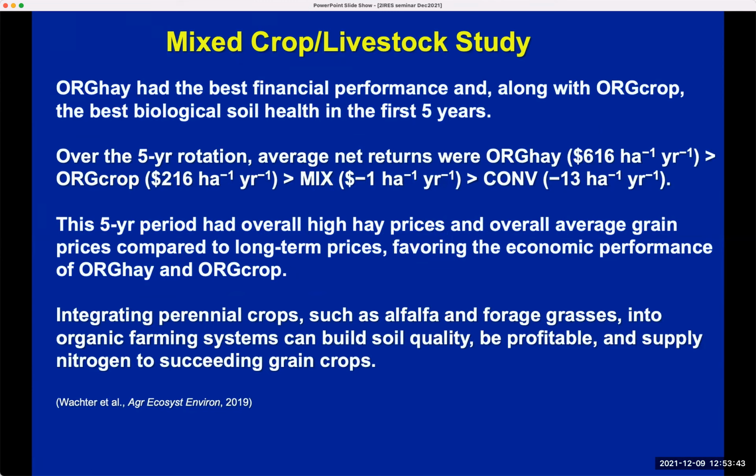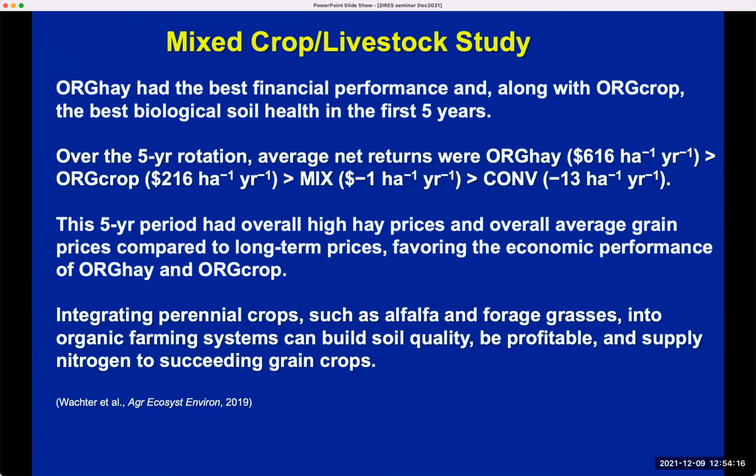Now, the conventional and the mixed would have crop insurance, so that would be a little bit higher. We didn't take into account crop insurance. So farmers in the US for big crops like wheat or soybeans, they have crop insurance, so if their yields are lower, they get crop insurance that actually covers some of their benefits. So anyway, what it showed is that organic hay and organic cropping systems can do well, and they have